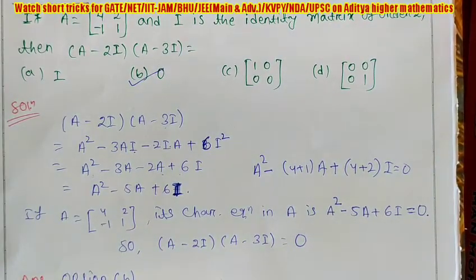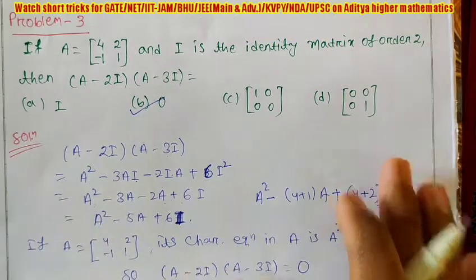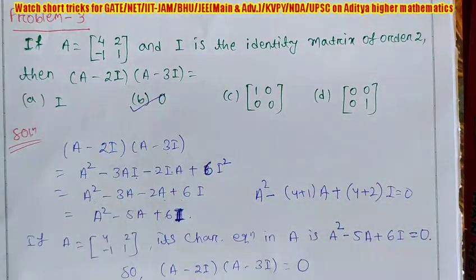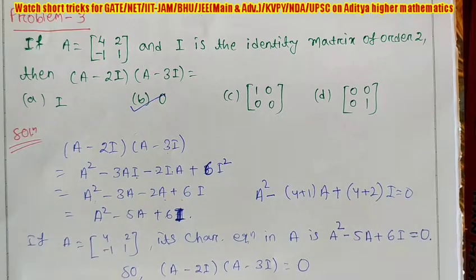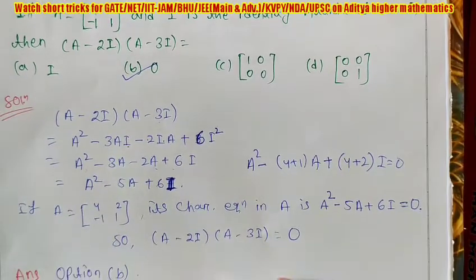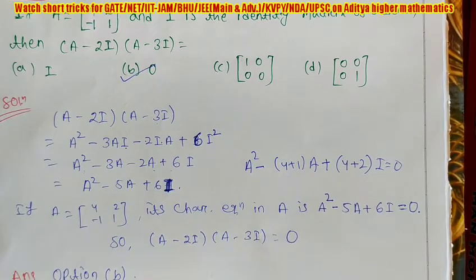But generally, if such type of questions come in an exam, what students are doing is putting in the values of A and I, and after that they are simplifying the addition and subtraction, then they are multiplying. But this is not the way to solve an objective or entrance question. When we are appearing for an entrance exam, it is very difficult to qualify with such ways. So you have to always follow the shortcut method. Then only can you easily qualify any type of entrance examination.